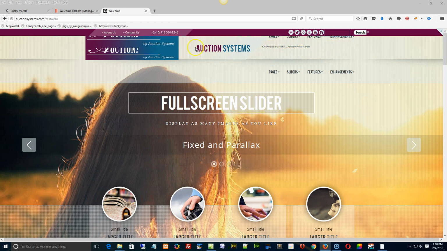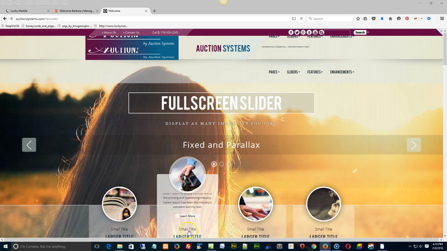What I might suggest if you want to do that is we take the auction systems and the tagline, we bundle those together and make one component as opposed to two separate, maybe one over above the other, and then the menu bar will slide back into place. Instead of being split down the middle and having this duplication, right? Because the menu bar is supposed to be up here, but it's being pushed down, and then the clone is showing up here, right? So to answer your question about the row inner, it's actually just a CSS target,